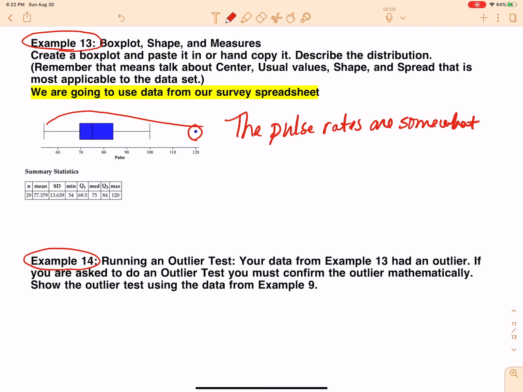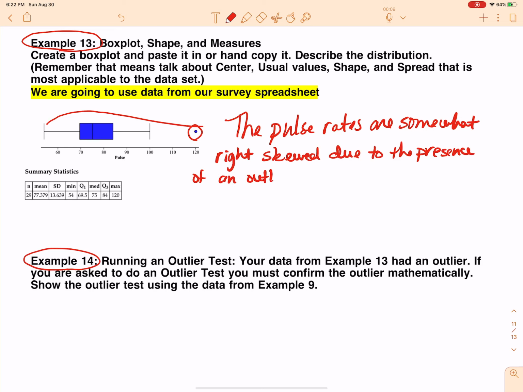The pulse rates are somewhat right skewed due to the presence of an outlier at 120. The median